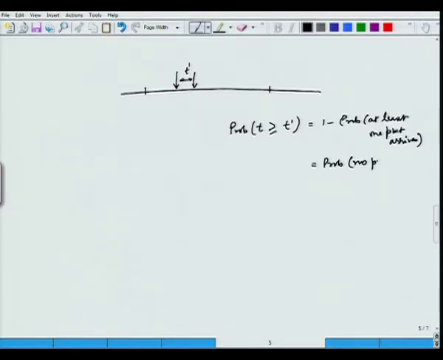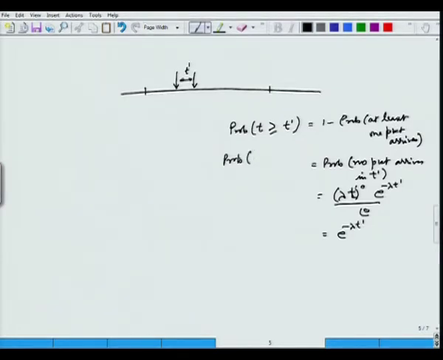So the probability that no packet arrives in time t prime, that is what it means, and I just use the Poisson statistics. With lambda t prime, the number of arrivals will be 0, so e raised to power minus lambda t prime divided by 0 factorial, which is e raised to power minus lambda t prime. So, that is a probability, or alternatively we can say that the probability that inter-arrival time,